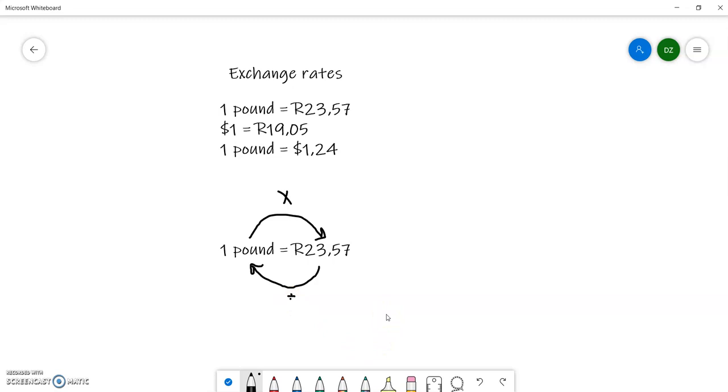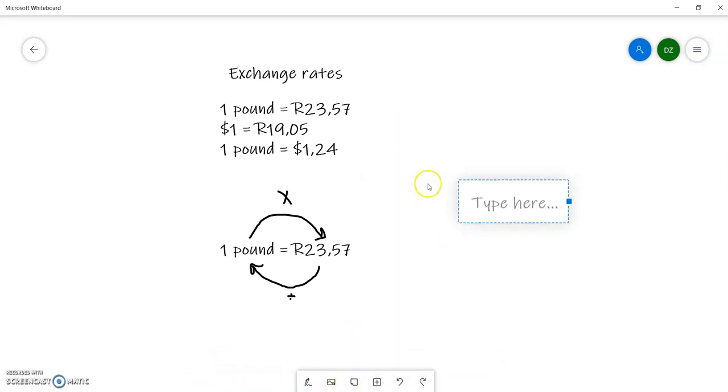But the only way that this works is if one of them is in the 1 ratio. So 1 of something equals whatever of something else. Then if I have pounds and I want the something else, I will multiply. And if I have rands but I want pounds, using the same factor, I will divide. I'm just going to write 2 examples there so that we can see that it works. Okay, convert